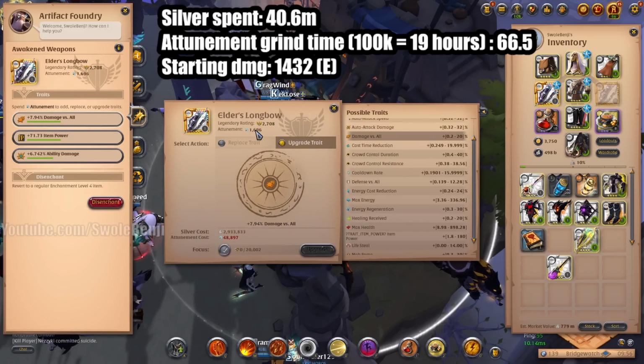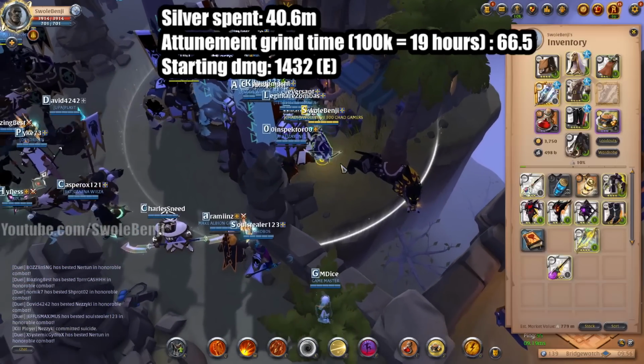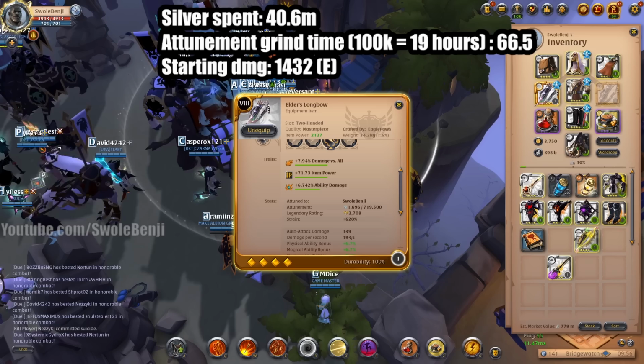And we're out of attunement points again. You know what that means. It's time to go back out to the black zone and grind, grind, grind with our guild backing us up. All right, we got to do a little bit more math here. And so this is